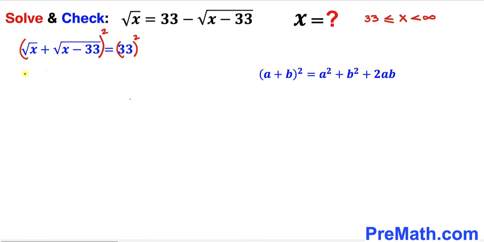So therefore this could be written as square root of x whole square plus likewise square root of x minus 33 whole square plus 2 times square root of x times square root of x minus 33 is going to be equal to